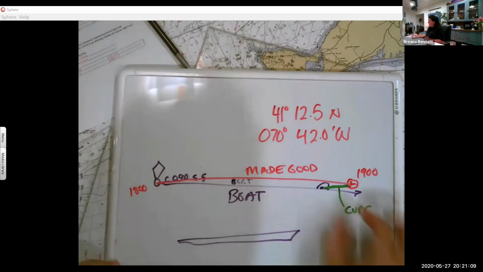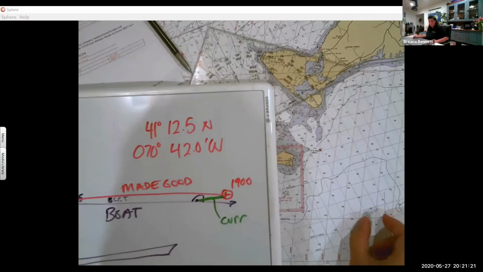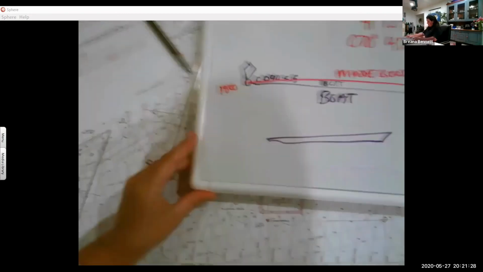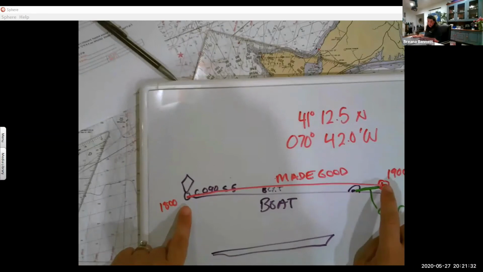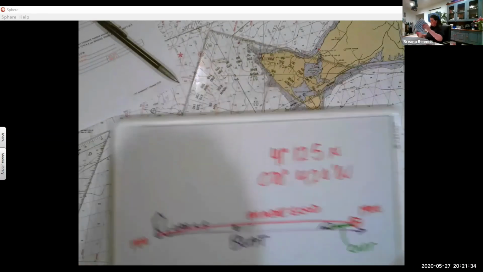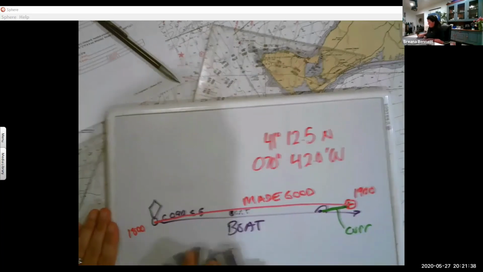Anyways, we can measure the difference between our DR and our actual position to get the current. So you can measure those two. And then to get made good, you measure what happened from the known position to the other known position. Now, what I want to go over is,